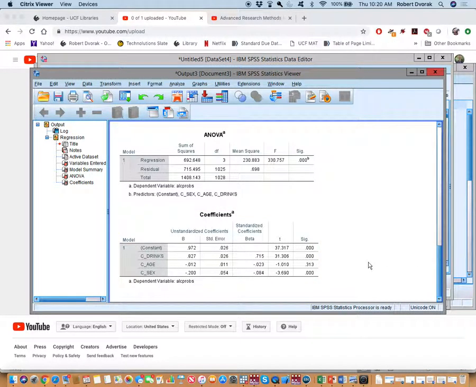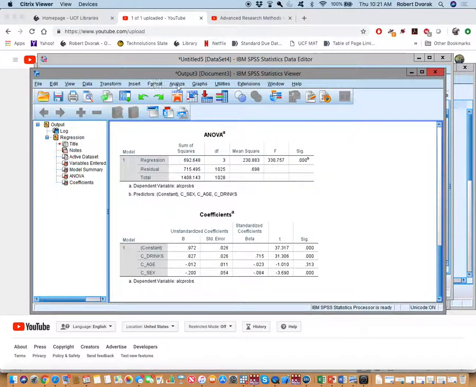Here are our slopes of our control variables. And what you can see is that centered sex has a significant effect, right? Age has no effect on alcohol problems. Drinks, the more you drink, the more alcohol problems you have. That makes sense. How do we interpret sex right here? The only way to interpret it is to understand what the mean of sex is, and we can't understand that mean here, right? But this number, 0.972, is the true mean of alcohol problems.